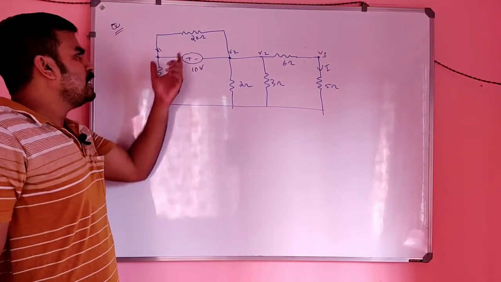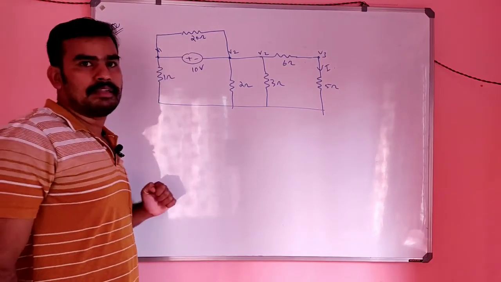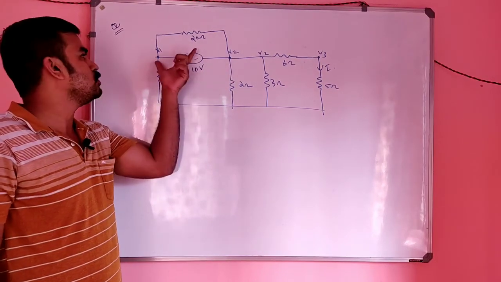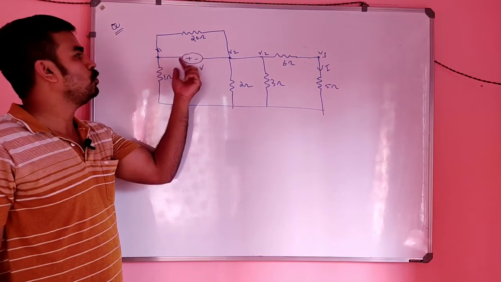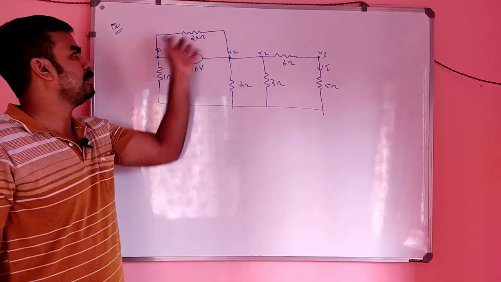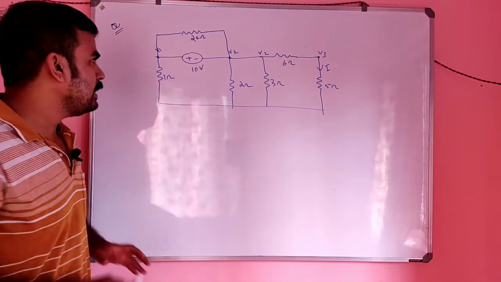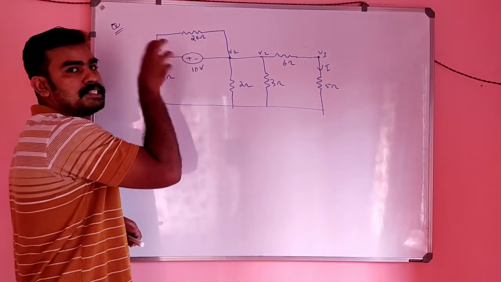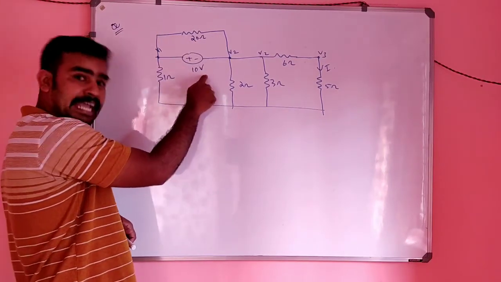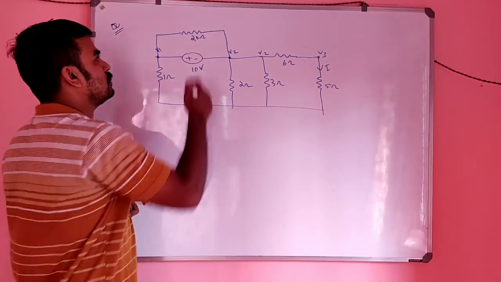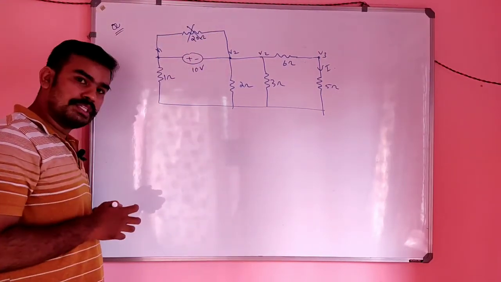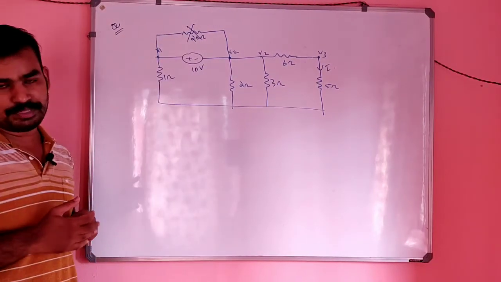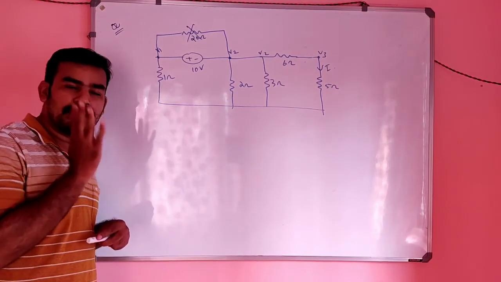And there is one more thing here. That is, a resistor is connected directly across, or in parallel with, this supernode voltage. So if you find a resistor connected in parallel with the supernode voltage, you can neglect that resistor. Or simply you can open circuit it. There is no need to include that resistor. This thing you have to keep in mind.